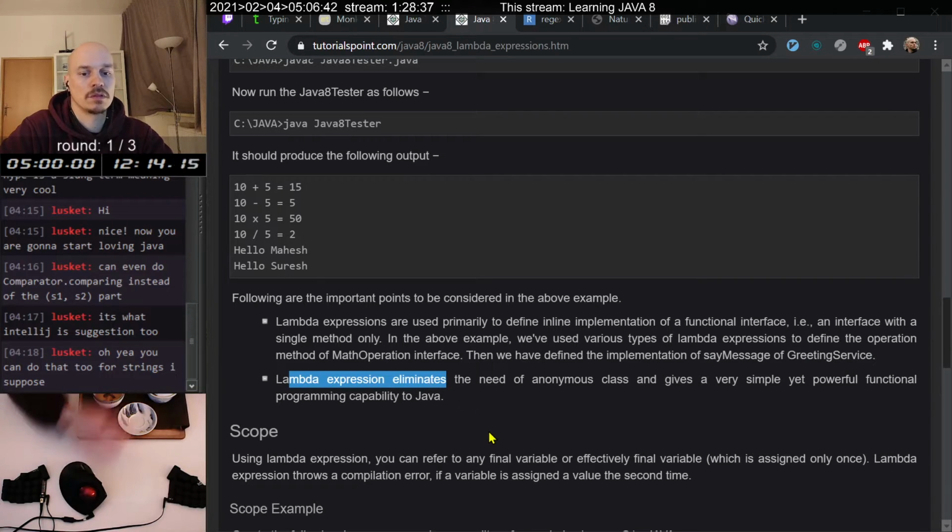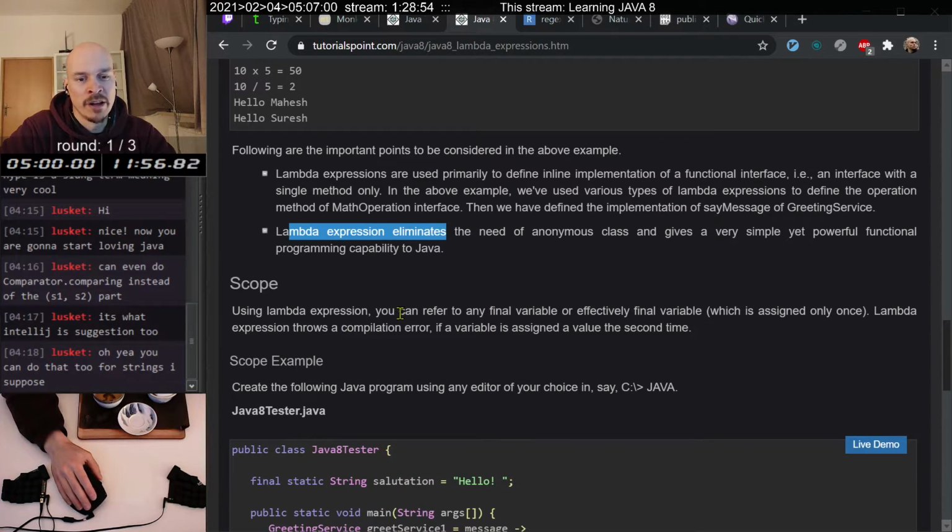The lambda expression eliminates the need of an anonymous class and gives a very simple yet powerful functional programming capability to Java. Using lambda expression, you can refer to any final variable, or effectively final variable, which is assigned only once. The lambda expression throws a compilation error if a variable is assigned to